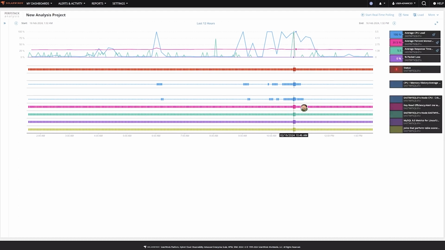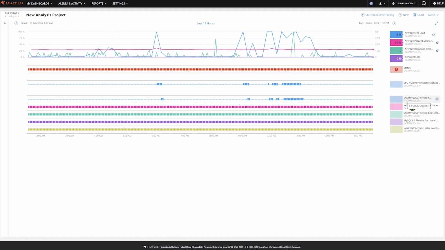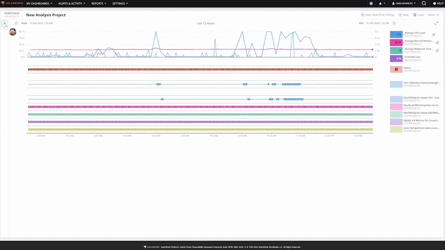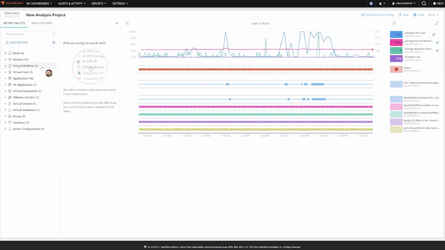What we can see here is that this chart right here is actually the anomaly. Both this and this have to be both anomalous and crossing the threshold in order for this to actually alert you. Just like typical perf stack, you can go in here. We've already got related items, so this shows you this entire stack. If you want to do additional analysis, bam, you're right there and can add to this whatever you want.